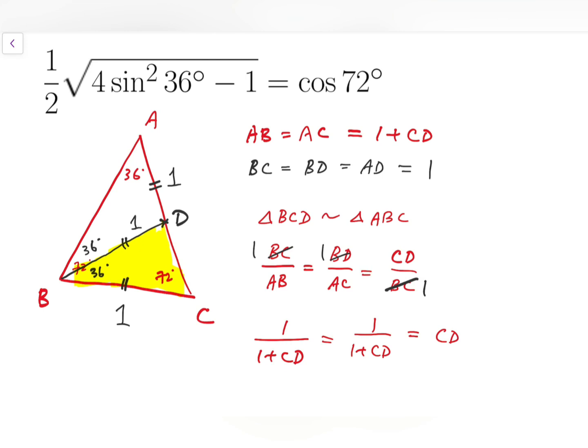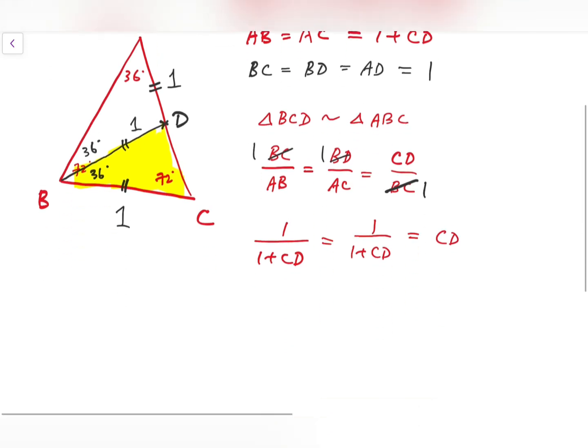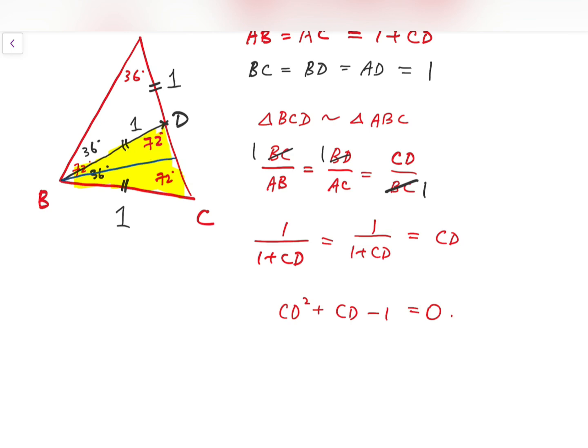Now all the ratios are in terms of CD, and so we have a quadratic equation about CD, which is like this. On the other hand, this CD is actually computable. Because if I try to split CD into two halves by drawing the median of the triangle from the angle B, then looking at each right angle triangle,